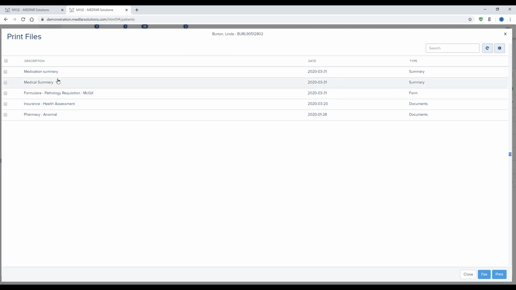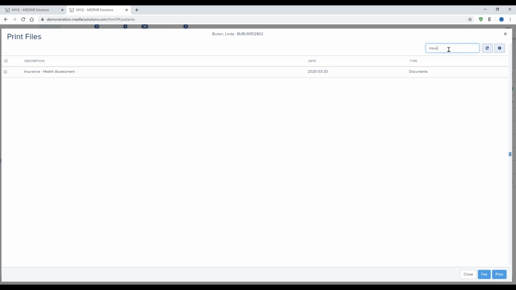All of the most recent documents will be sitting on top, and the older versions will be down below. So as you go through the years with your patients, all of the new information will be sitting on top of the list. Like most sections in MYLE, there's a search tab that will help you go through what you're looking for